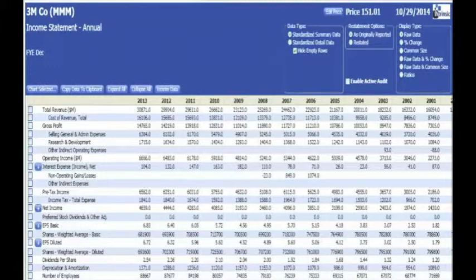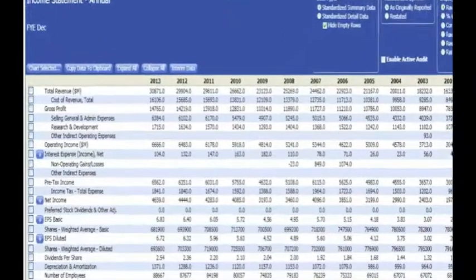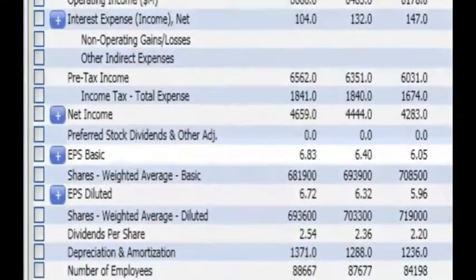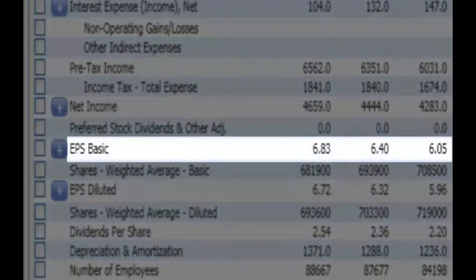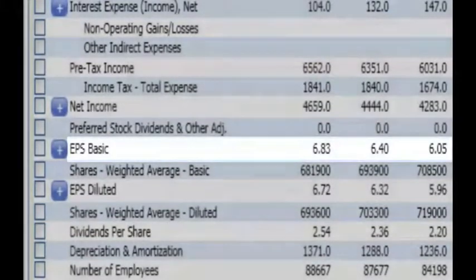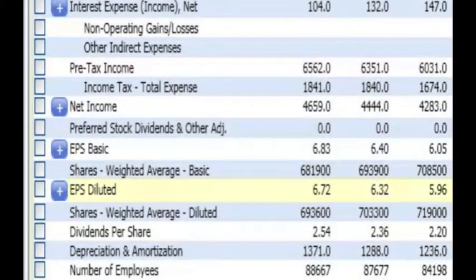One result of accrual accounting is that many assets, such as capital expenditures, have their cost depreciated over time. The lower part of the income statement shows earnings per share for the period. Investors are interested in this value because it shows how much income has been generated for each share that investors hold. Earnings per share diluted is a more conservative value than the basic EPS because it assumes that more shares